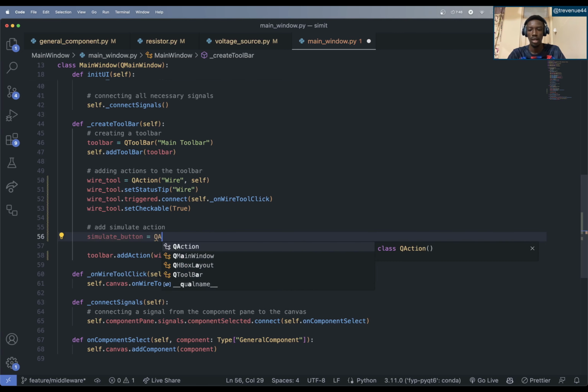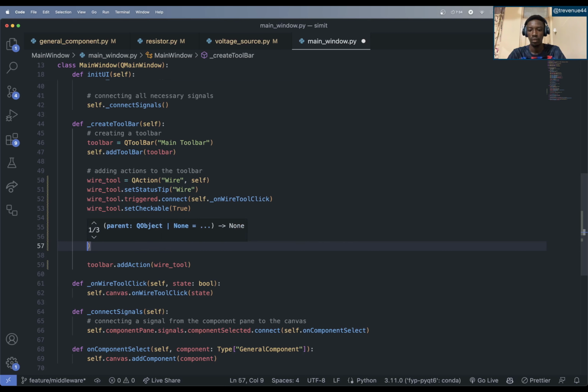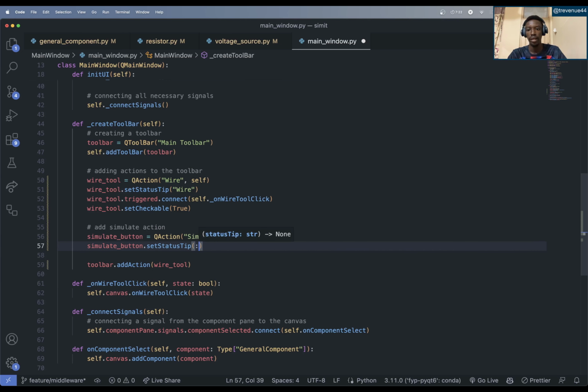and this will also be a queue action. Sorry, right? And it just has what simulate on it, and it's also... this will be like, what I'll do, simulate button dot add status tip, a set status tip rather. And I'll say simulate current circuits on canvas,